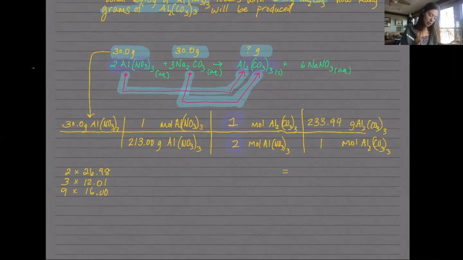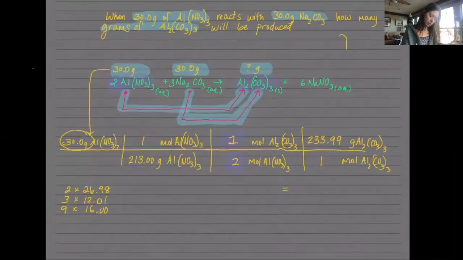Okay, now what I'm going to do is I'm going to stop. I'm going to press equals. I'm going to solve my problem. I'm going to take 30 and multiply it by the 233.99, which is already in my calculator. So I'm just going to say times 30. I'm going to press enter. I now have